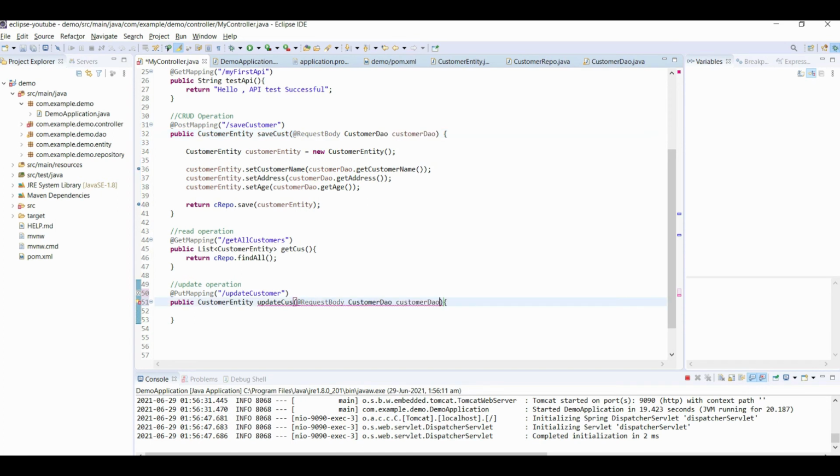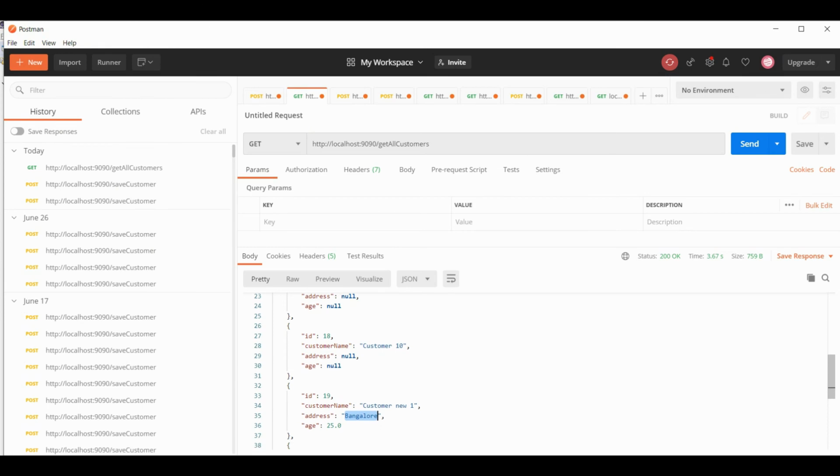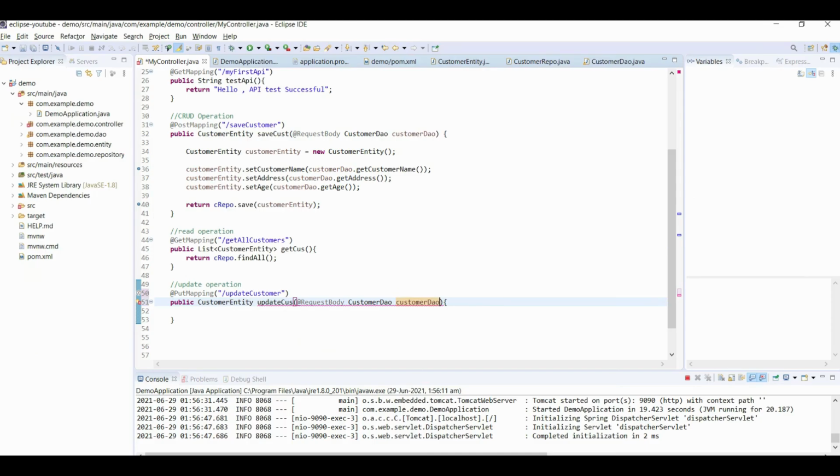Our main job is to get the customer ID for which we will be doing the update operation. Customer ID is 19 here, for which we want to perform the update operation. So we have to call this API with this ID.